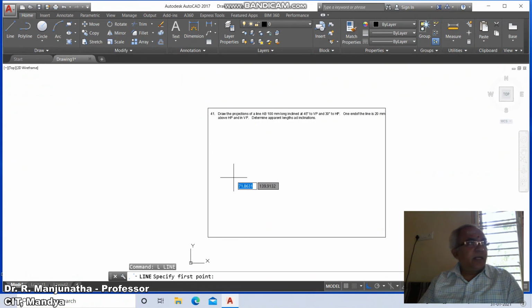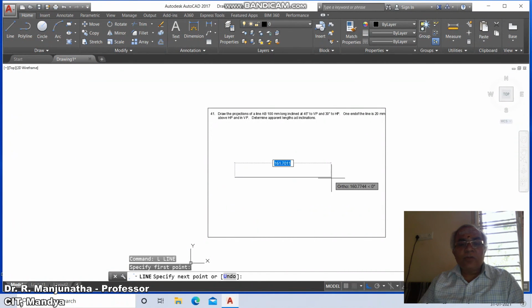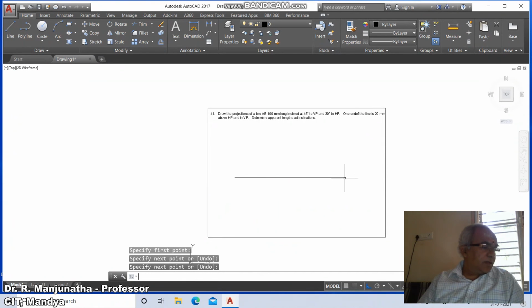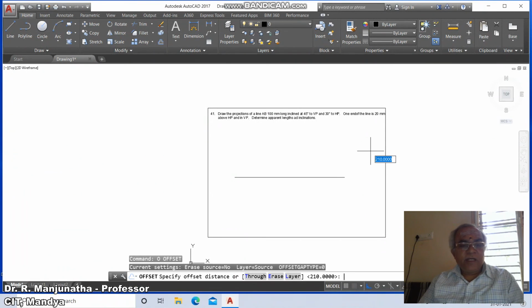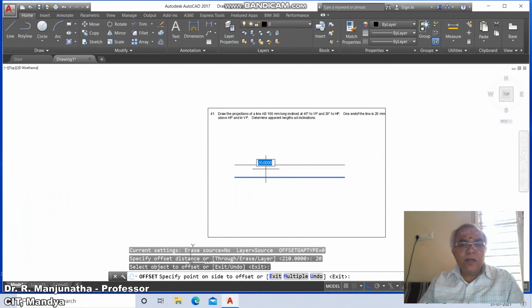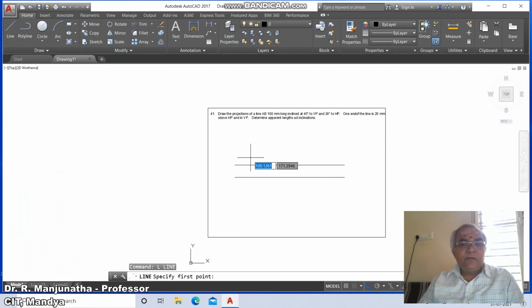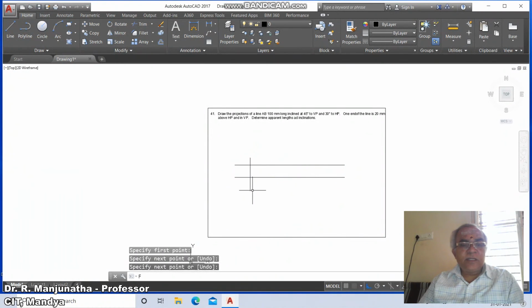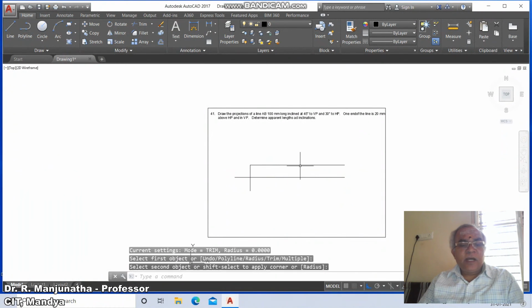Take any approximate length. You just click on the first button of the mouse by keeping the ortho on. Then here, since it says 20 mm above HP, you take offset, take the distance as 20, and then from here you draw a parallel line. Then go to line command, take any point and draw a vertical line, and then go to fillet between these two, and then trim,